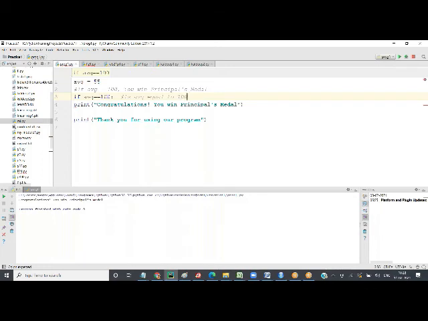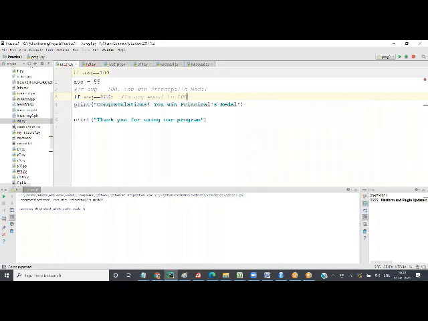Similarly, we'll see greater than and less than in some time. Single equal to is for assignment. Double equal to is for condition checking. So I am checking the condition, is AVG equal to 100, and if it is true, yes.